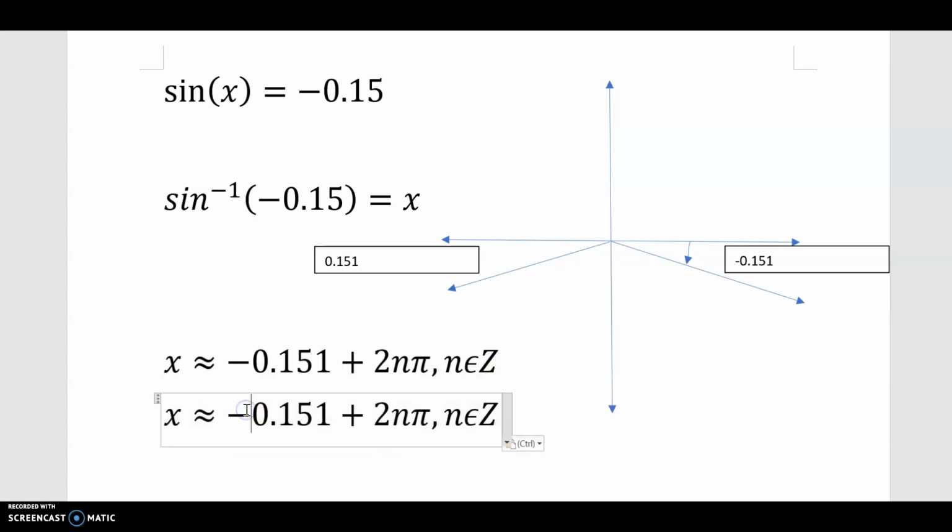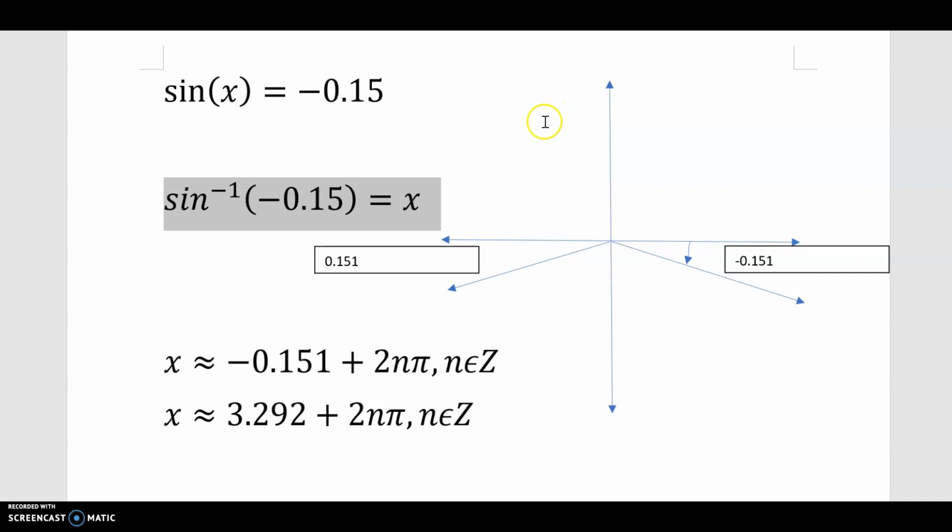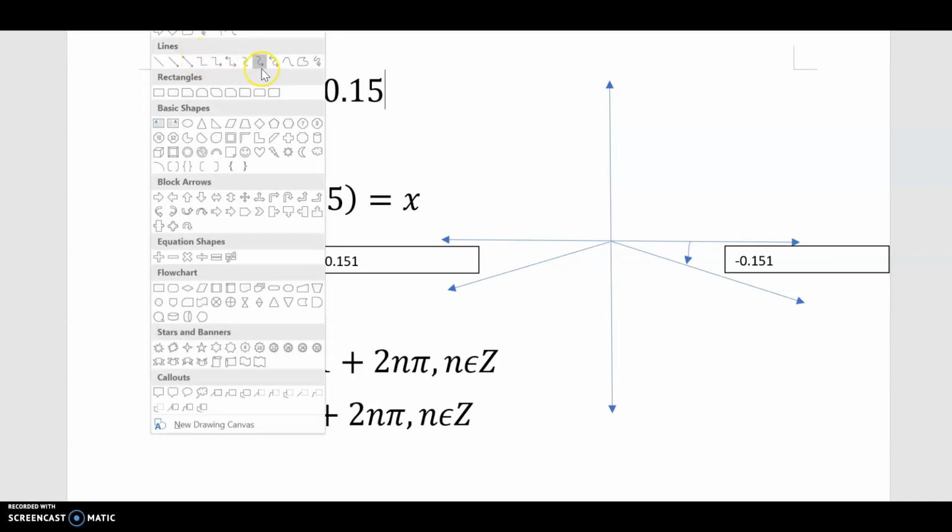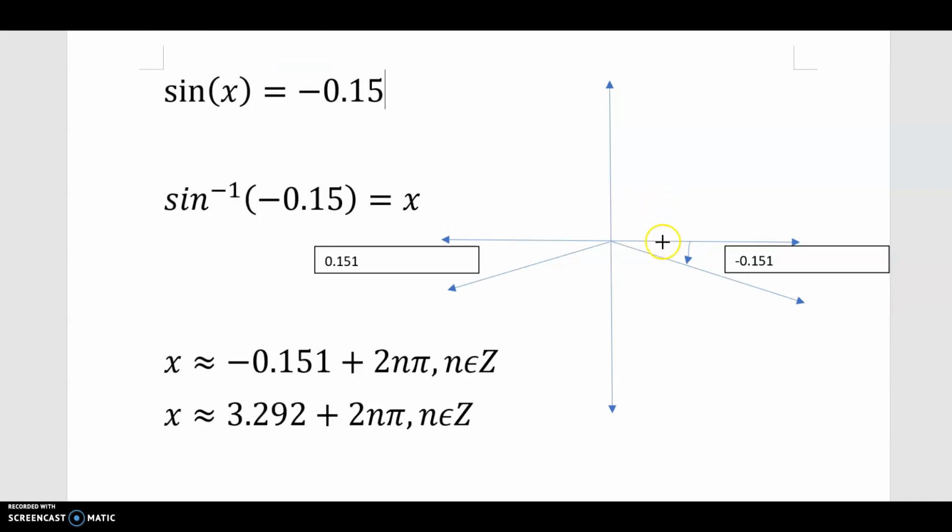And this solution is not negative anymore, it's actually positive, because now for this case we're rotating counterclockwise. It's positive 3.292 plus 2n pi, and n being an element of integers. So I'm going to insert the actual angle so you guys can see clearly what angle I'm talking about when I say 3.292. And the angle measure, the actual angle we're looking at,